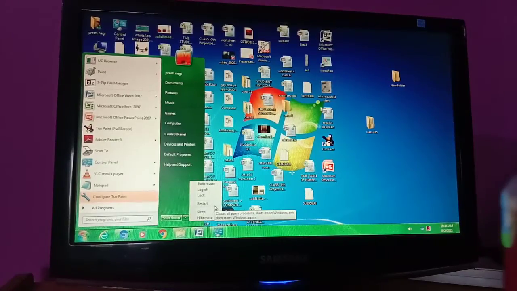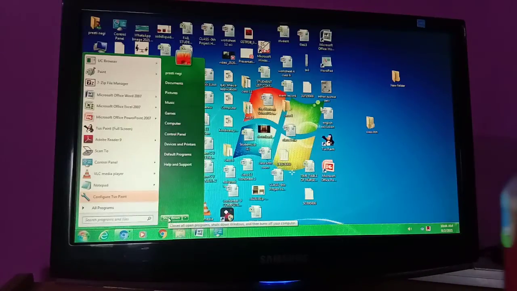You can also use Sleep mode and Hibernate mode. If you have created two users on one computer, you can switch to the other user with the Switch user option. And the main option for closing your computer system is the Shut down option.